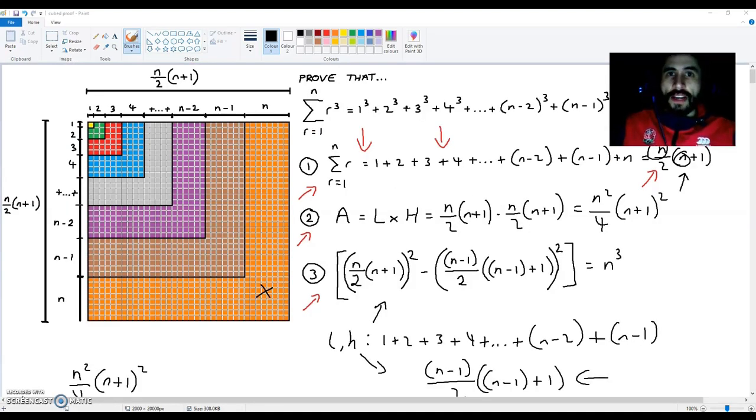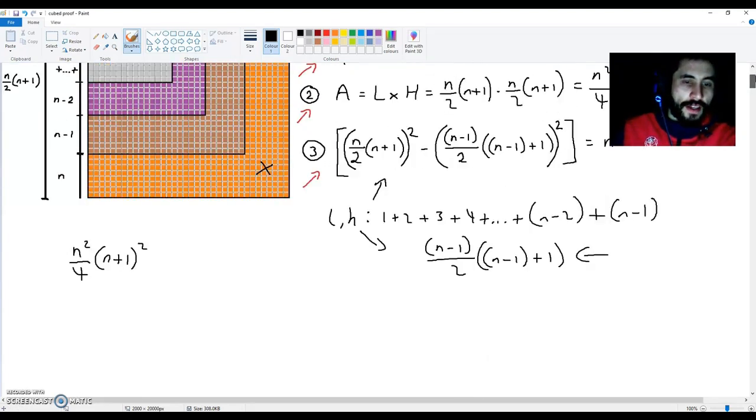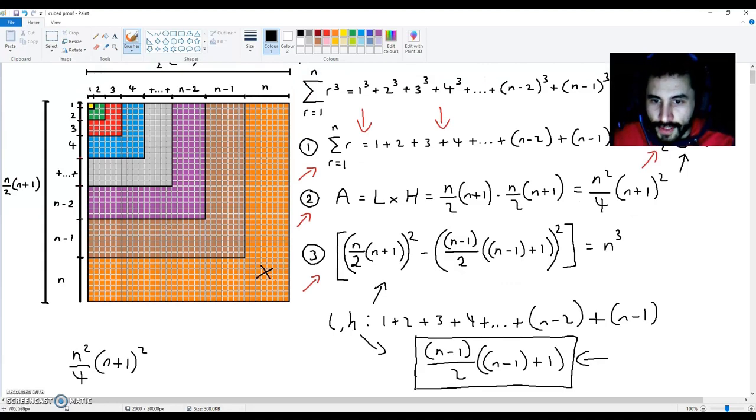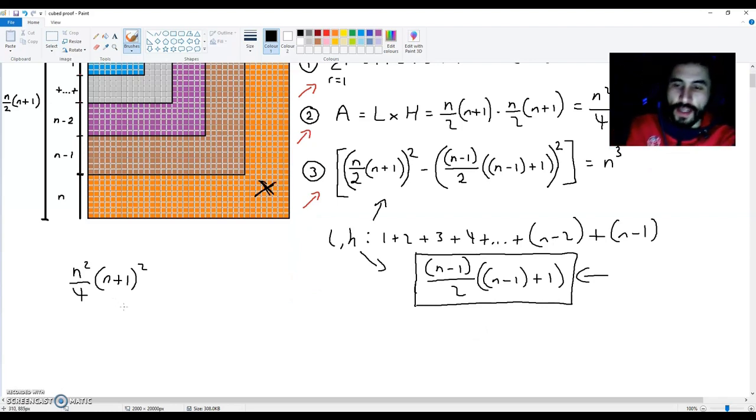Now, since the area of a square is its length times its height, it means the area of the brown square is going to be equal to this over here squared. Alright, so it means that this orange area here is going to be n squared over 4 multiplied by (n plus 1) squared